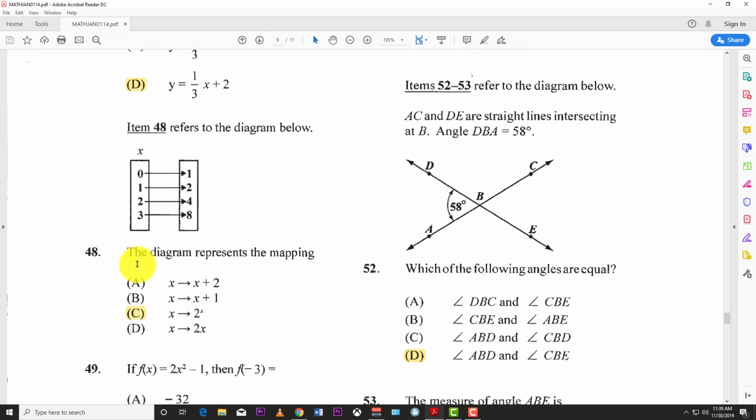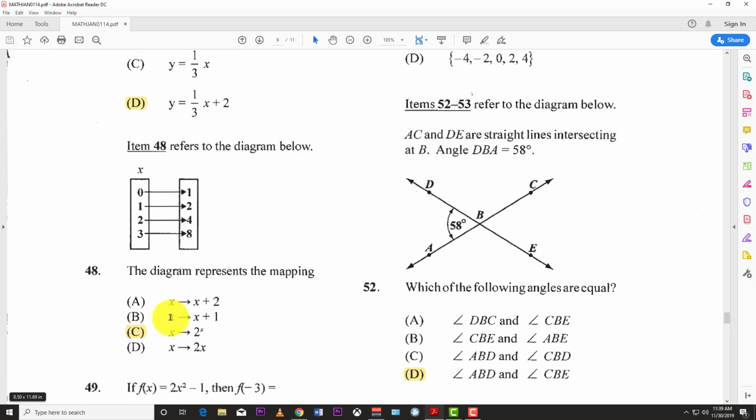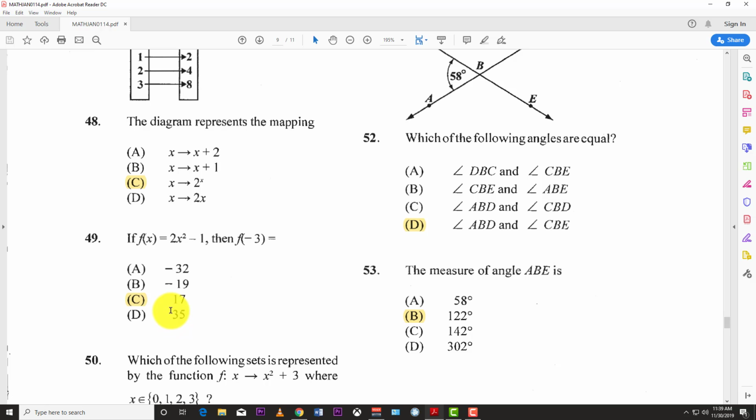So you look at the diagram and answer. The diagram represents the mapping of x to 2 raised to x. Alright, so you have to see the raise here. 49. If